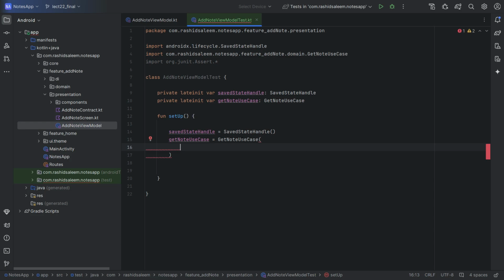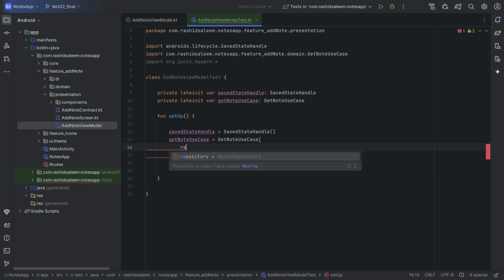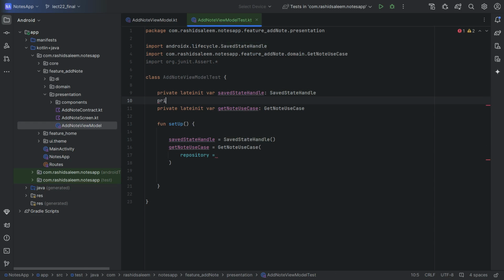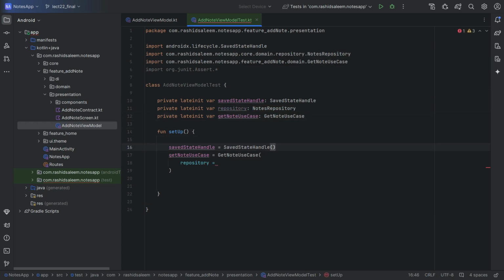This getNote use case requires two dependencies, repository and IO dispatcher. So repository is another class, so we will also need the instance of that. So we will create the data member for that. NotesRepository, and create the instance of this repository,